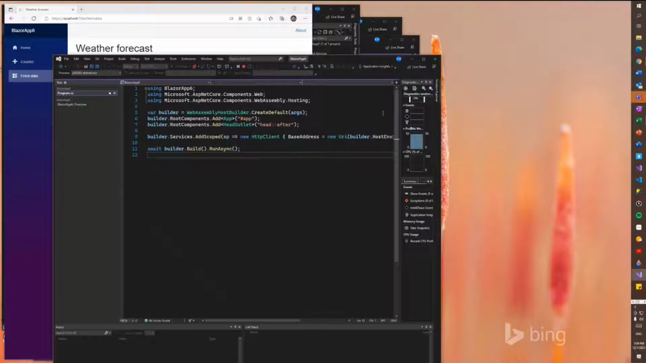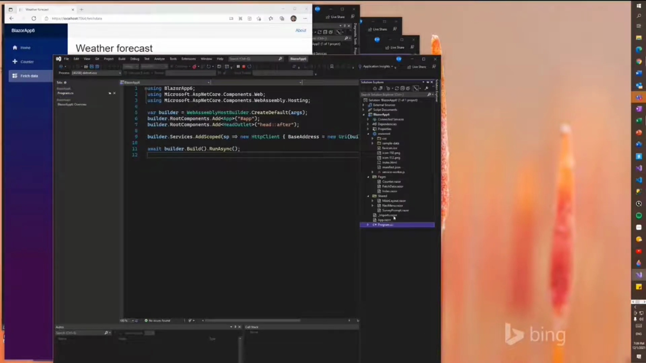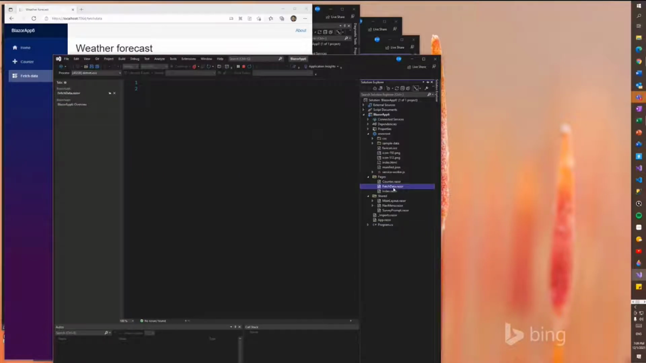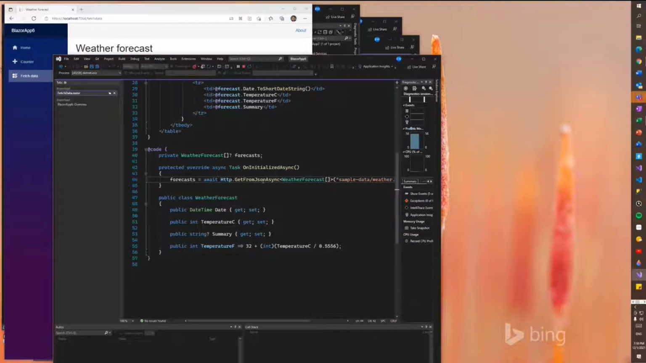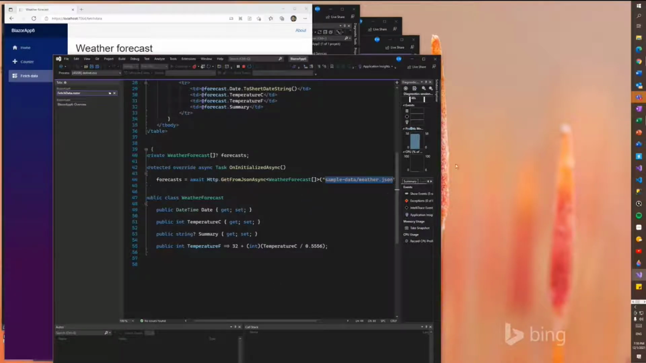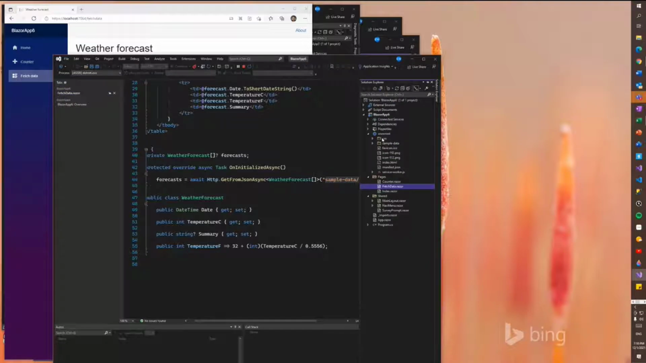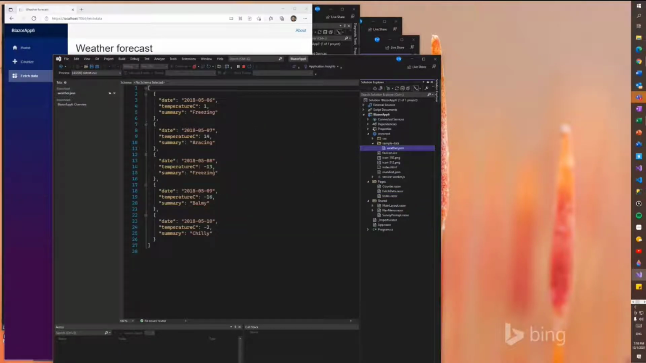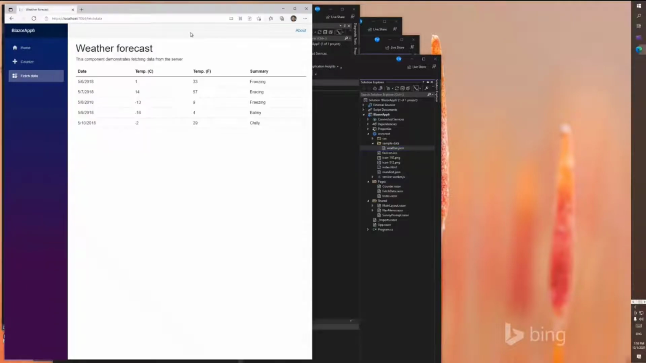How does fetch data actually work? Well, that's interesting. Fetch data is a service. So what you're doing there is calling, down here, a GetFromJsonAsync, and you're technically reading a JSON file off the disk. And where is that stored? All of your data would be stored in wwwroot, and there is your JSON file that brings your temperatures. So that's a real quick tour of how